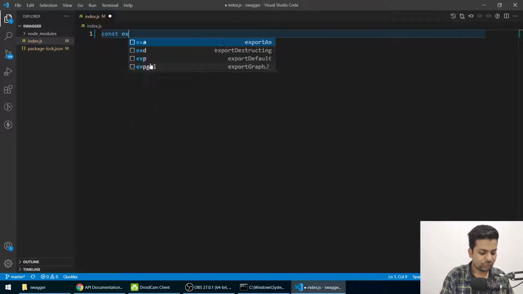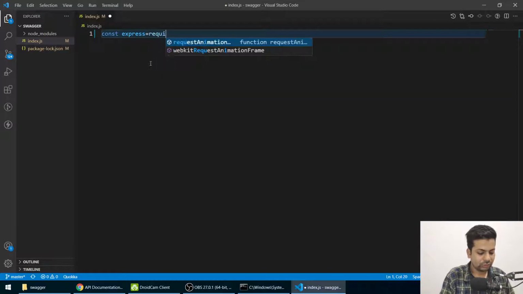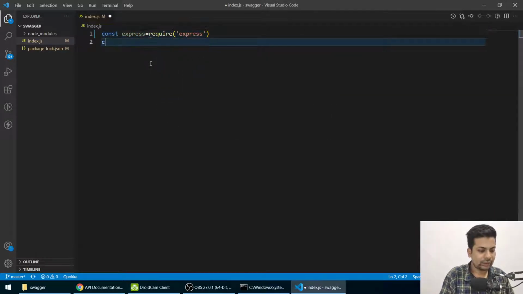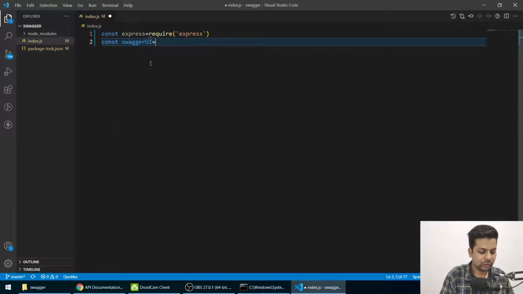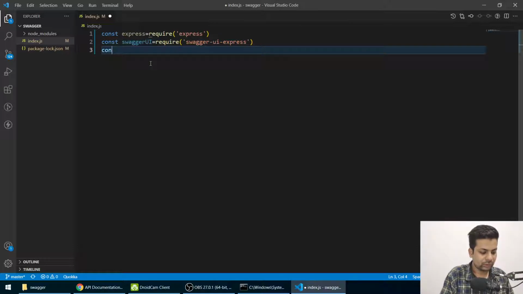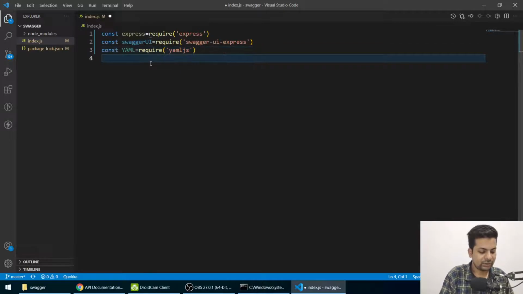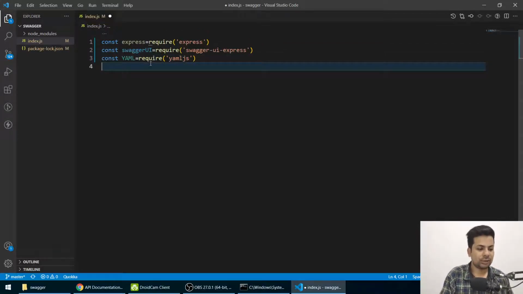So we'll say const express equals require express, then const swagger UI equals require swagger-ui-express, then const YAML equals require YAML.js. Now everything is done, the main important things.